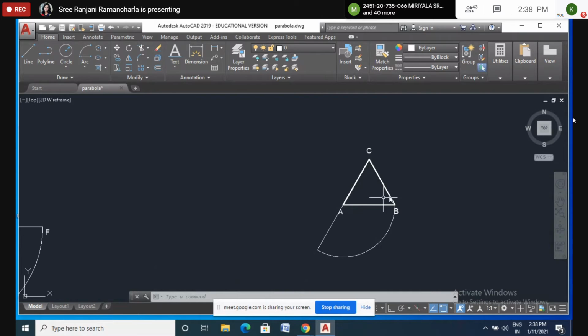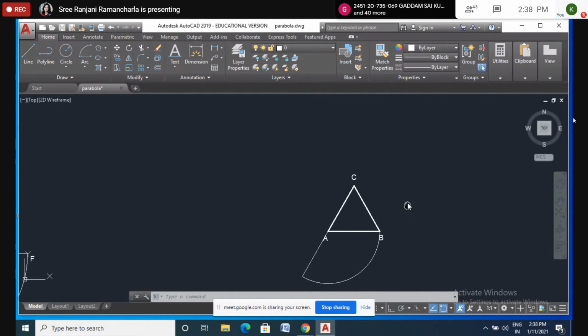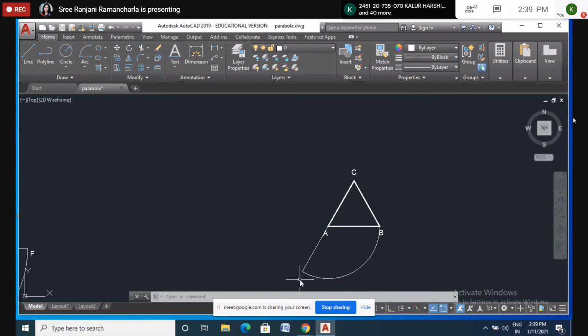Now here we have to extend the next line BC. How much do we have to extend? What we had done in the previous: this has a center, this has a radius, so we have drawn like this. Now this has a center, this has a radius. We have to draw the curve till this extends. We have to extend this one, two sides. Two sides means 4 centimeters.